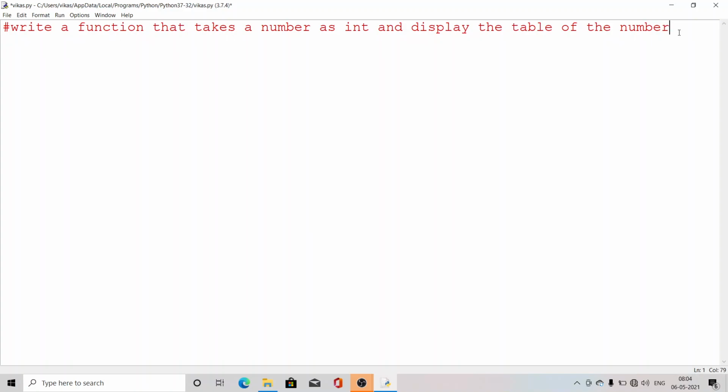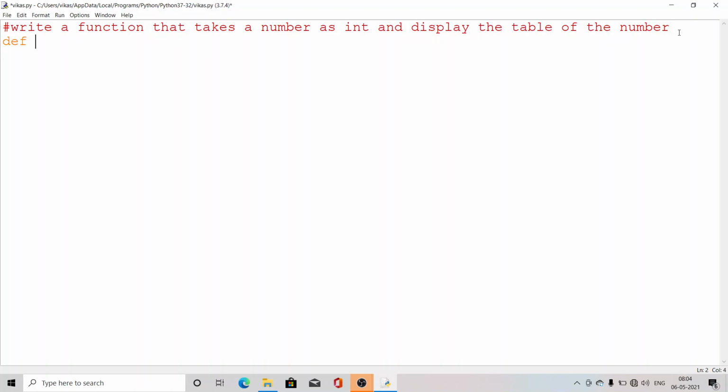Now here the function's name is not given, and by the nature of these questions we can also understand whether the function is taking an argument but does not return any value. Clear? So we have to read the questions and identify whether the function is returning a value or not. If it is returning, then it is mentioned that it returns such type of values. Here it is not mentioned, that means the function will take a number as an input but it does not return any value. It will display the table of the number.